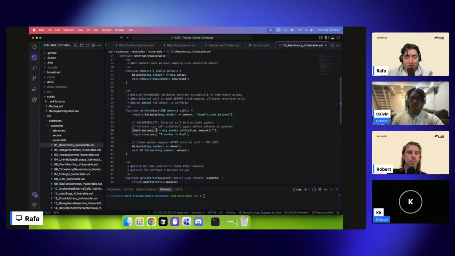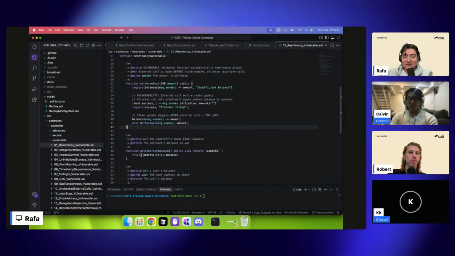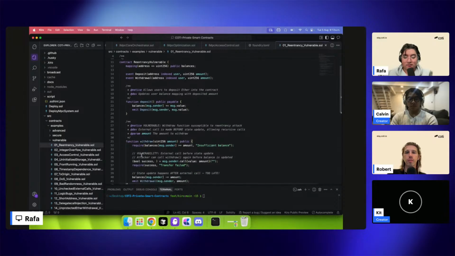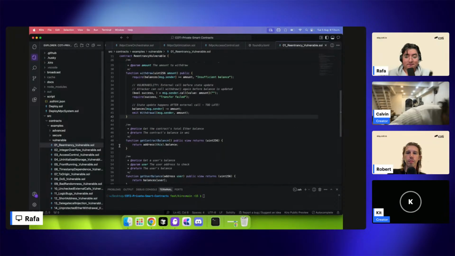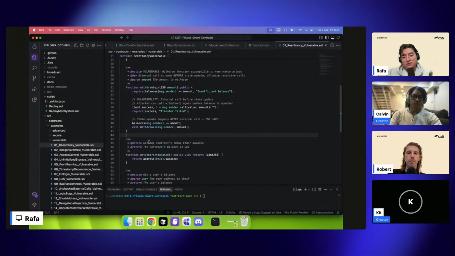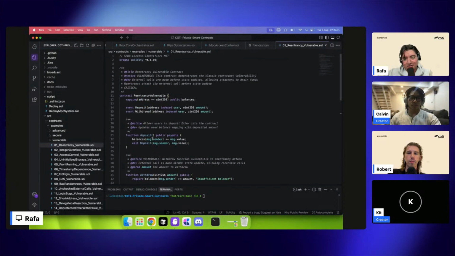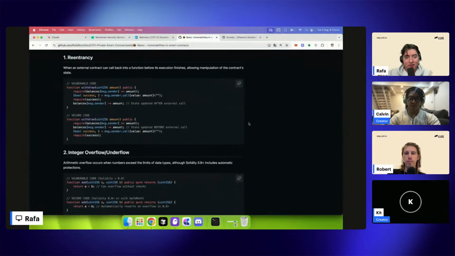Okay, so I can call this function like 100 times, and I can withdraw all the funds from this smart contract before my balances have been updated. So that's how reentrancy vulnerability works. But the thing I want to say is that just to avoid these kinds of vulnerabilities, you should